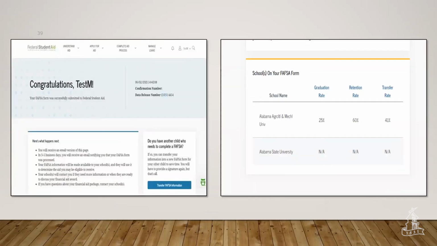Once this is signed by both yourself and your parent and you submit it, you're going to see a screen like this saying congratulations, your FAFSA form was successfully submitted to federal student aid. You're going to see a confirmation number as well as a data release number, a DRN. Should be a 4-digit number, and you will receive this through email as well. The DRN number is important to keep handy, or at least not to delete the email, because